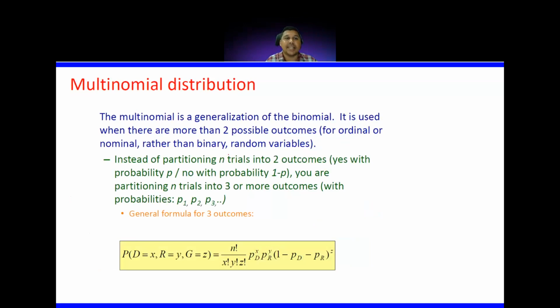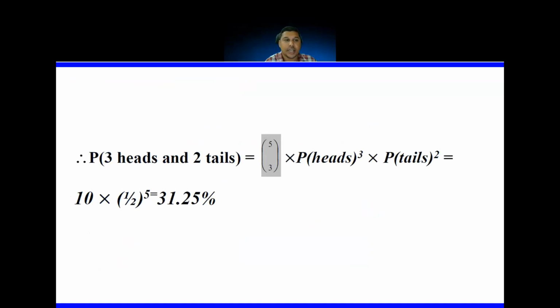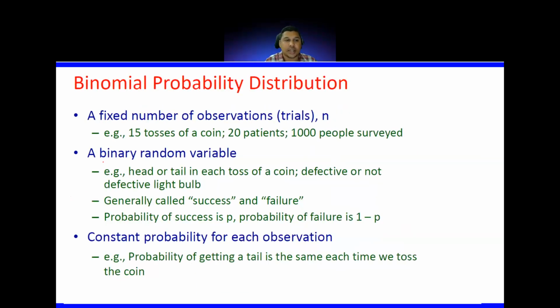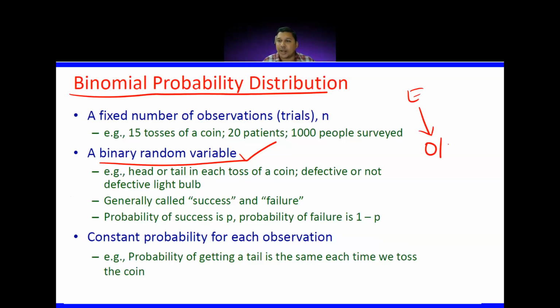Third one, multinomial distribution. What is this? Multinomial. In binomial distribution we have seen that the outcome is always 2. See here, binary random variable. In binomial probability distribution, the random variable is a binary random variable. It means when I am doing an experiment, I get an outcome. This outcome is random, but it has only 2 outputs, either a head or a tail. This is binomial.